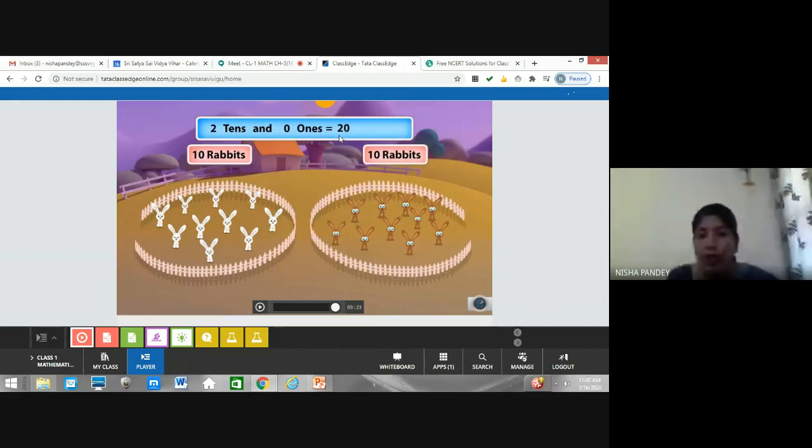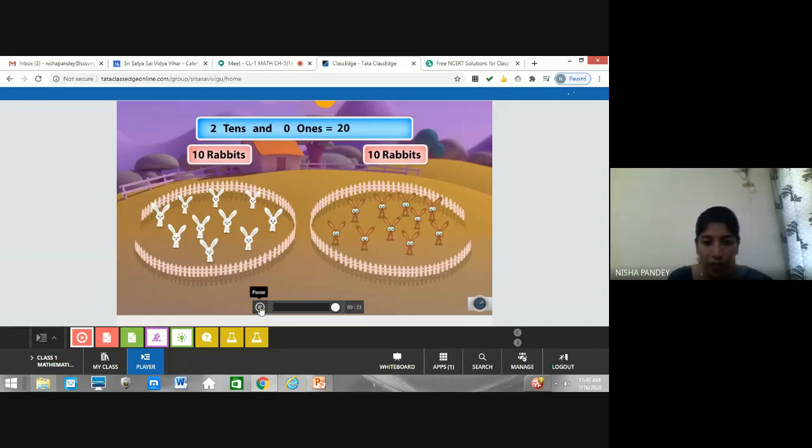Then that we have to remember. If we have 20, it means two tens and 0 ones. If we have 30, it means three tens and 0 ones. If we have 40, it means four tens and 0 ones. So both have their place, both have their position, right? Now you have to practice from 10 to 100. You have to make groups in your rough notebook and you can take any object, you can form bundles, and count from 10 to 100. It will give you practice and you will understand it better, right?